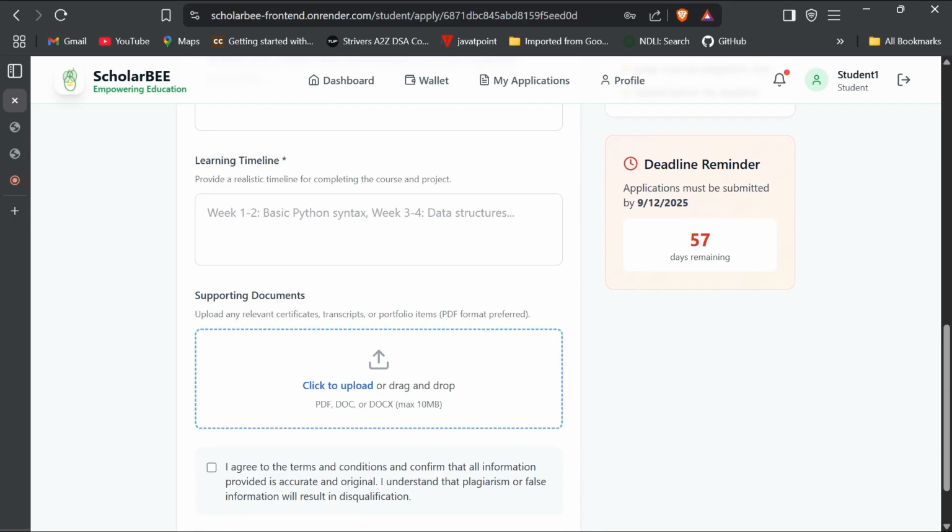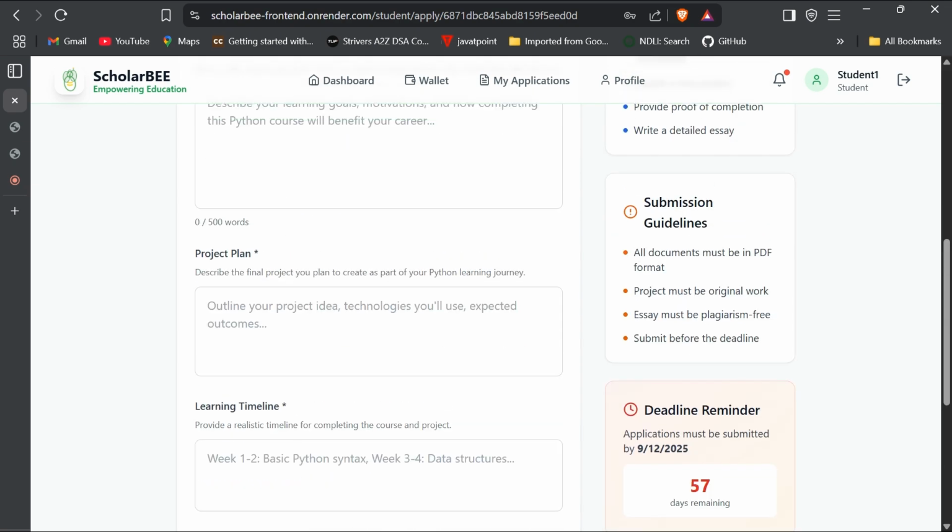Users can also choose to save a scholarship for later, or directly proceed to the official application link. Scholar also tracks applied and shortlisted scholarships for better organization.